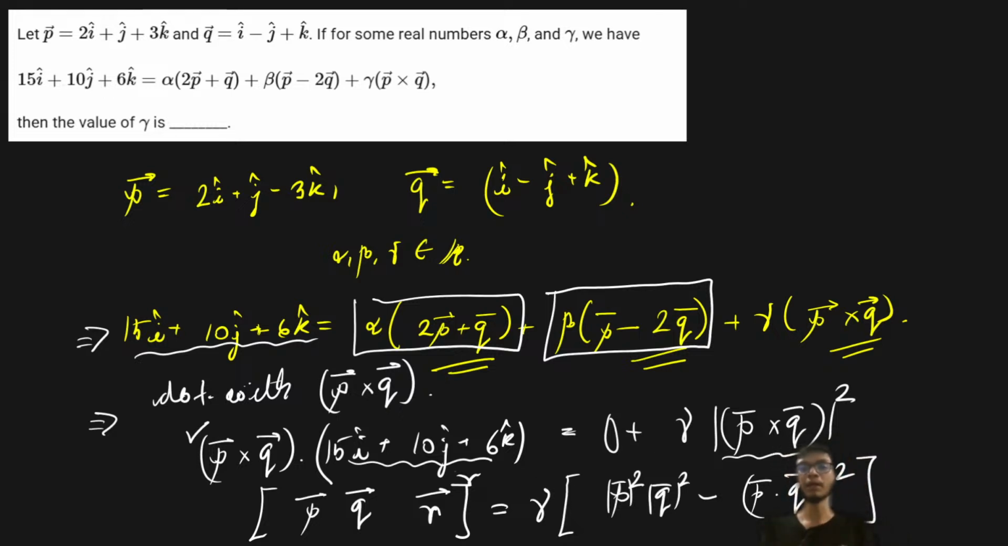Now, looking at the problem, you must figure out that you have to calculate alpha, beta and gamma separately. But instead of doing all that hard work, you can easily get gamma by doing one particular step: take the dot product with the p cross q vector. Just by doing one small step, taking a dot with p cross q,